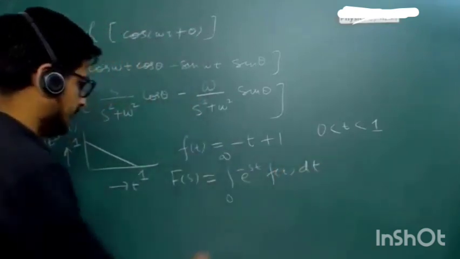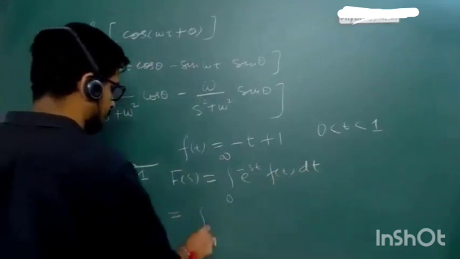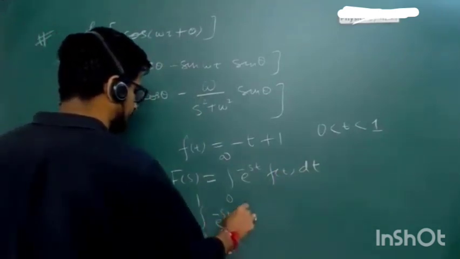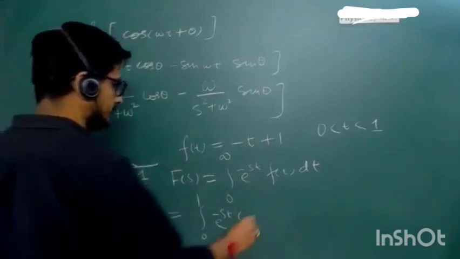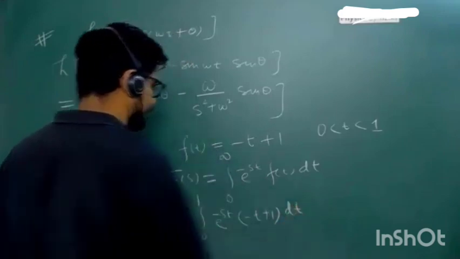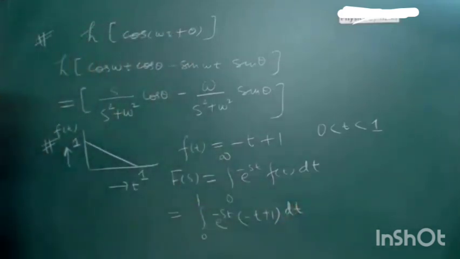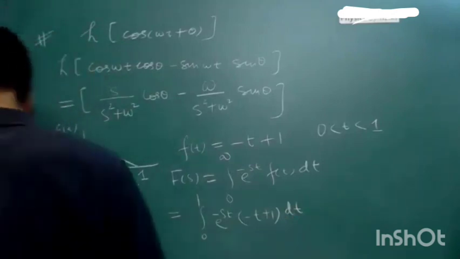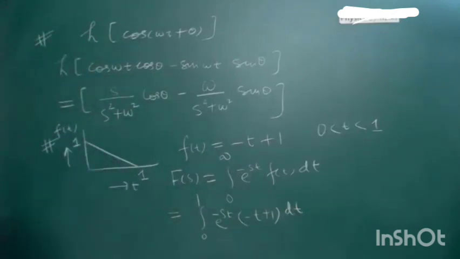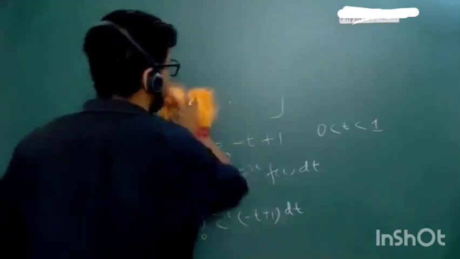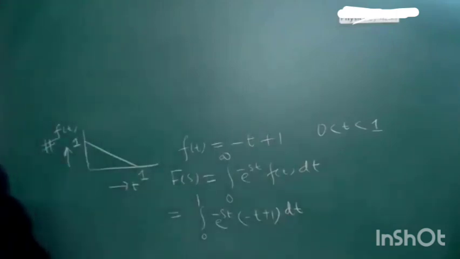And that will be here 0 to 1 e to the power minus st, and ft is minus t plus 1 and dt. And from 1 to infinity it is 0. Correct? Understanding? So this integral, let us do it quickly. The integral, it is given by